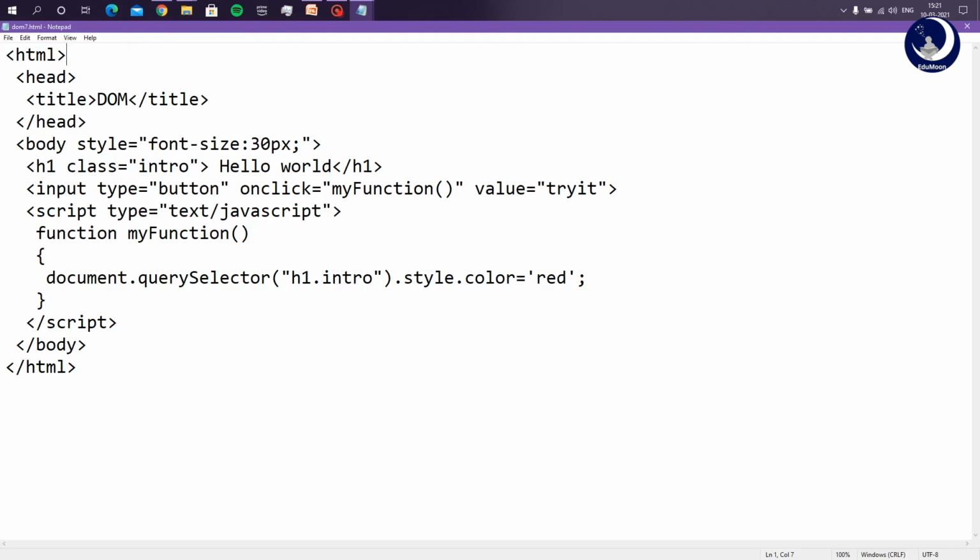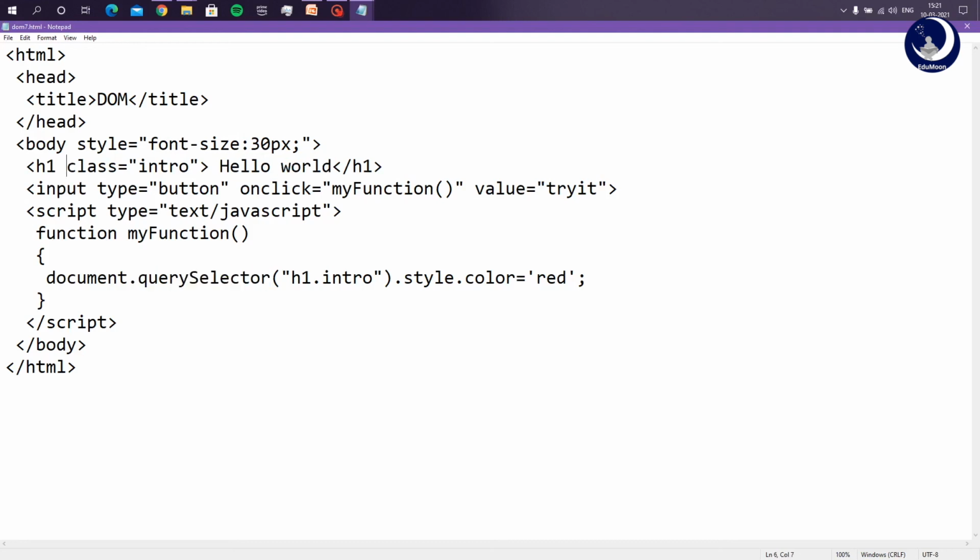This is the last example where the body consists of a heading hello world and a button which says try it. So what I want to do is, when I click on the try it button, it should change its content, hello world. I wanted to make the code very simple, and I'll use querySelector. So this is how I achieve it.